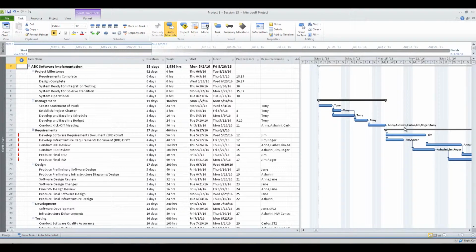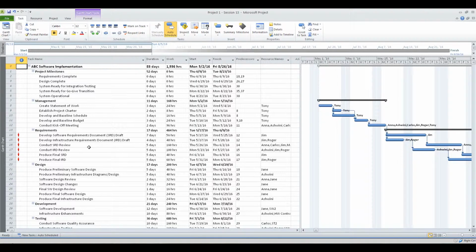So we're going to continue working with our resources and looking at over allocations. We tried to resolve some of the allocations, and we were able to resolve the allocations for Tony up here, but we still have problems with other allocations, and specifically with Jim. Jim is over allocated in the project. So what we want to do is work on how we can modify the schedule to accommodate for Jim's